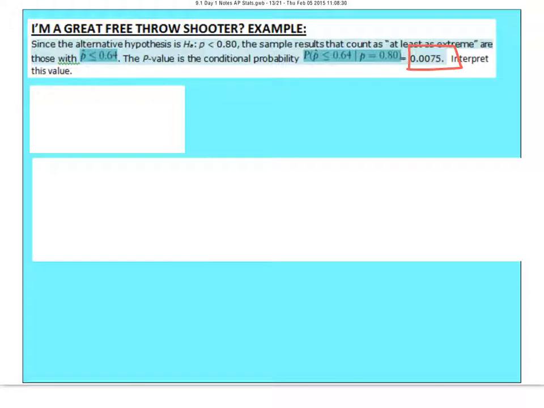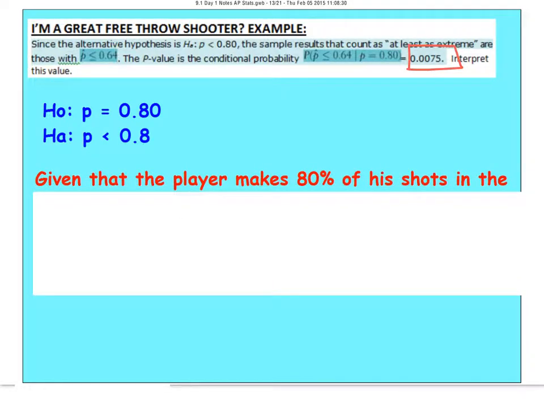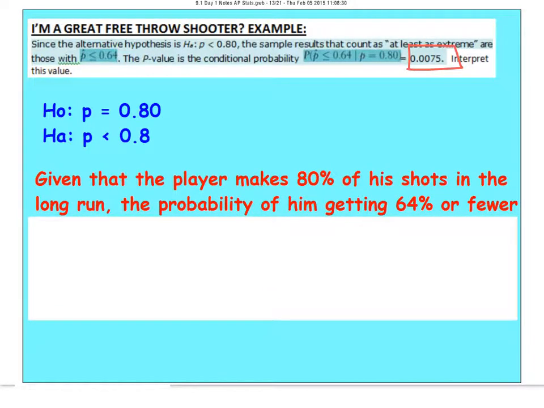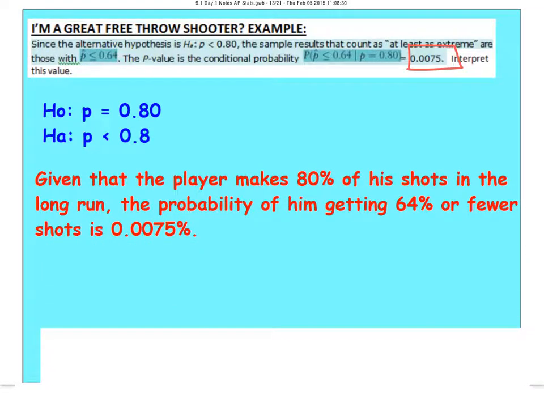So interpret that value in context. Well, recall again, this was the hypothesis if you want to see it. So in context, all I have to say is something like this. Given that the player makes 80% of his shots in the long run, the probability of him getting 64% or fewer, and we say or fewer because we're doing less than, of the shots is 0.0075. And if this is stated as a percent, let's fix it. It should be the point right there, so 0.75%. Now, folks, that p-value is so unlikely. It's not even a 1% chance to happen